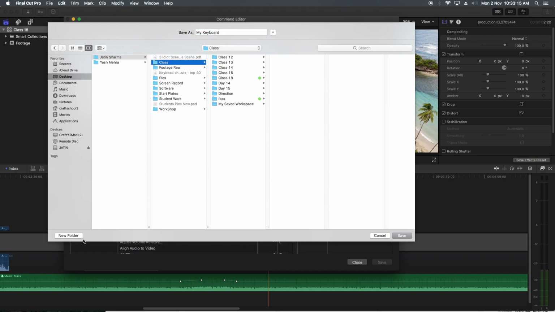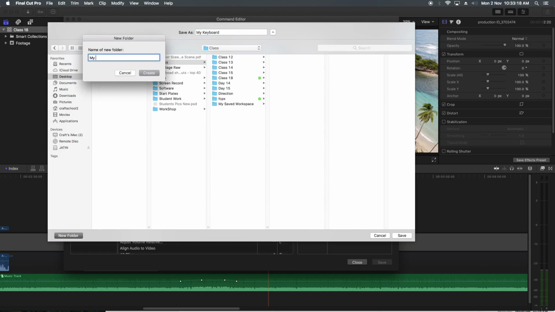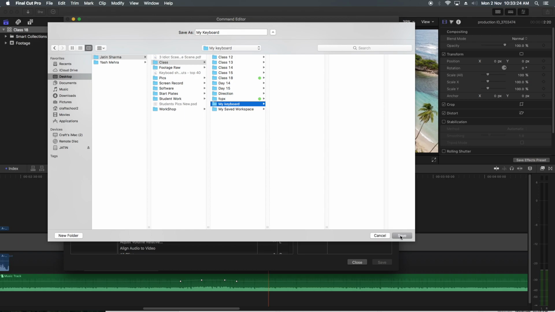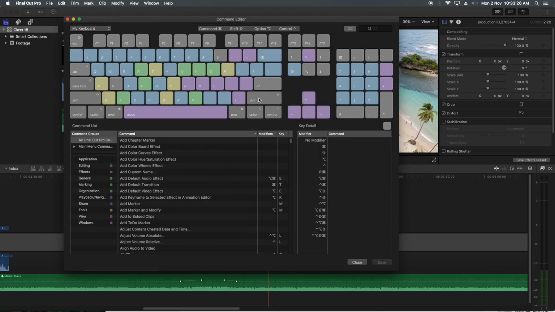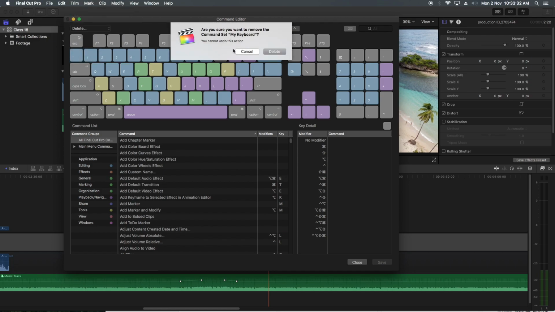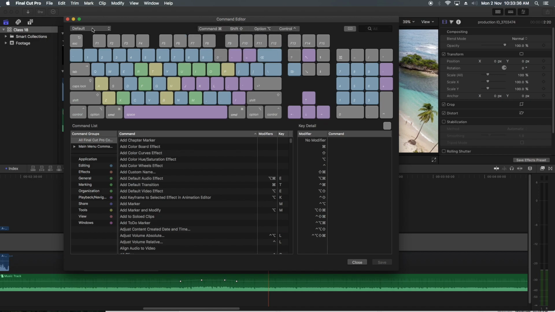Now I use my keyboard. I'll click create, and for keyboard I'll click save. Let's delete this my keyboard command. Selecting the command and deleting it, it will ask me to delete. Yes, delete it. It changed to default.